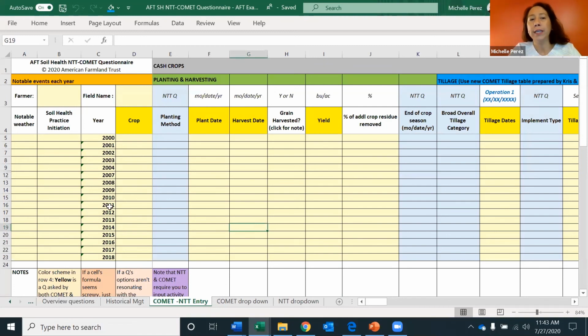What you see immediately is there's a lot of yellow to fill out, right? This is like copying the format of Flo's tool. The yellow represents where data entry can occur. And the first thing you see is that there's years 2000 to 2018 that resembles the data requirements of Comet. But if you didn't need to do Comet, you could get rid of all of that and just